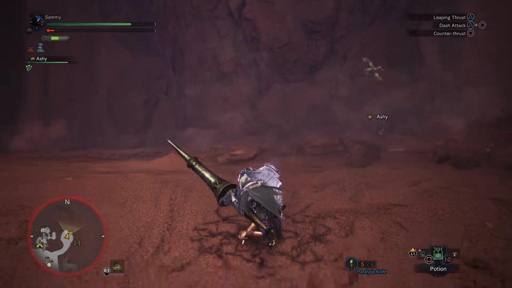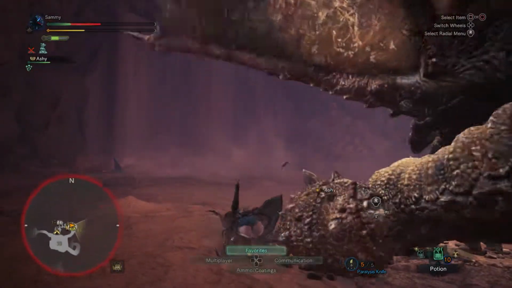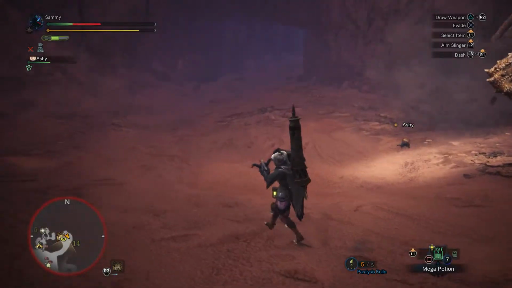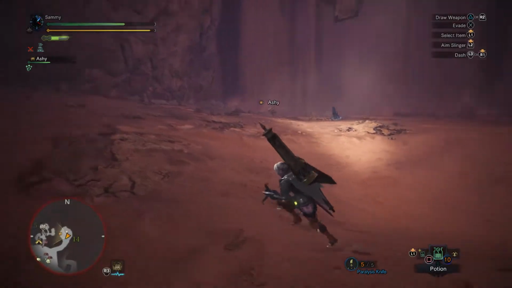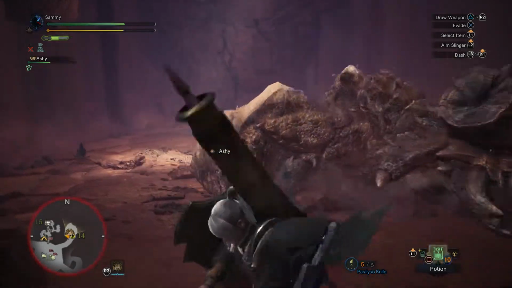I'm trying to make use of the... Oops, oh, that is not good at all. Oh, God. Out of stamina. Okay, so, yeah, if you try to chase after it with the lance charge, sometimes the tail sweep